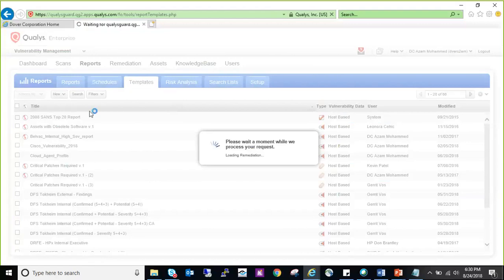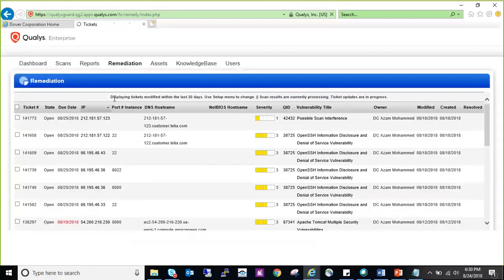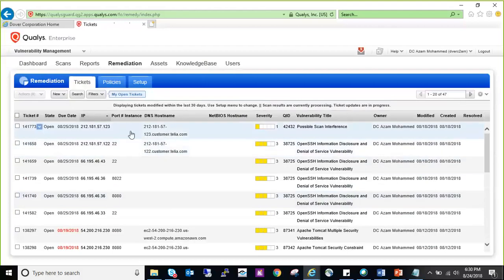Remediation, this is a whole different area which is not really useful because, a typical company has a ticketing system, and this is basically a ticketing system. It records all vulnerability tickets, individual tickets, as you can see ticket numbers. So if one IP has 10 vulnerabilities, it will feed in 10 different tickets on the same IP address because these are individual vulnerabilities. So these tickets are based on individual vulnerabilities and against IP addresses. But many companies do not use it because they have their own ticketing system where they record and